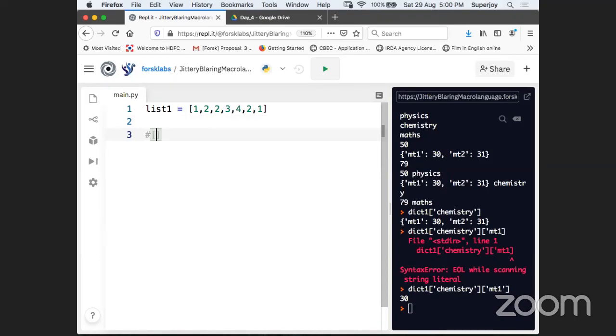So in the output, I want 1, 2, 3, 4, and that's it. Here you can see there is no repetition, right? But in list 1, you can see you have a repetition. So I want only the distinct items from list 1.